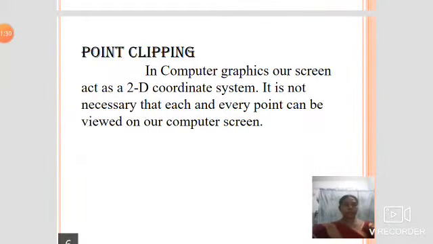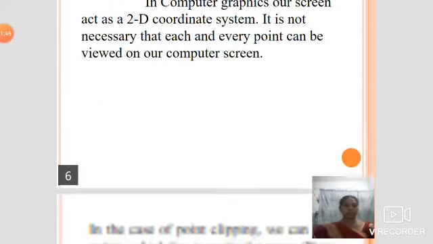So now we are going to see about point clipping. In computer graphics, our screen acts as a 2D coordinate system, so on our screen we can see the x and y coordinates only. It is not necessary that each and every point can be viewed on our computer screen.